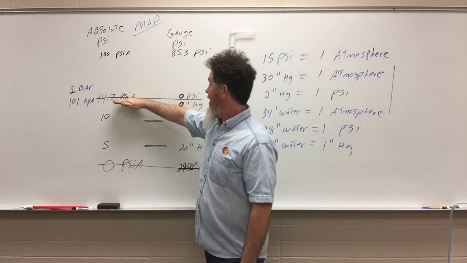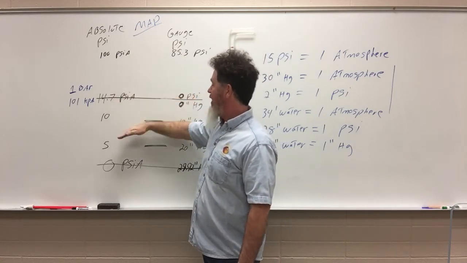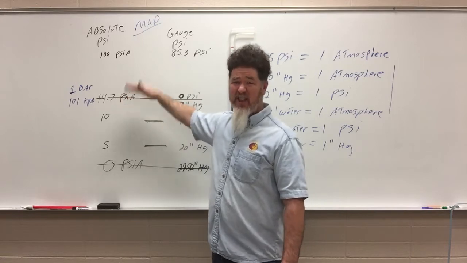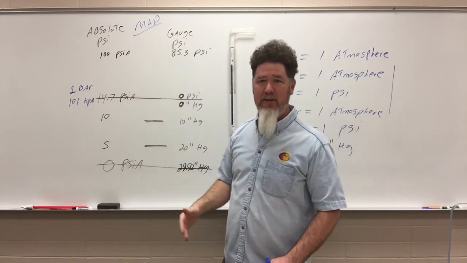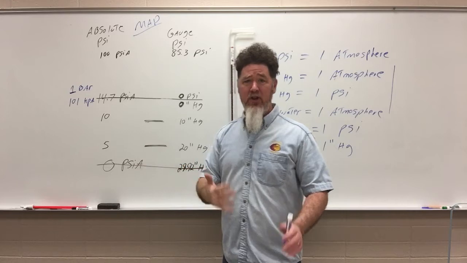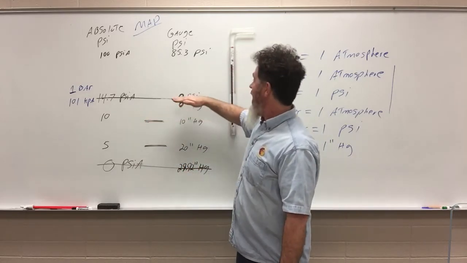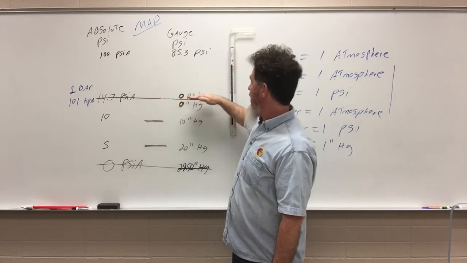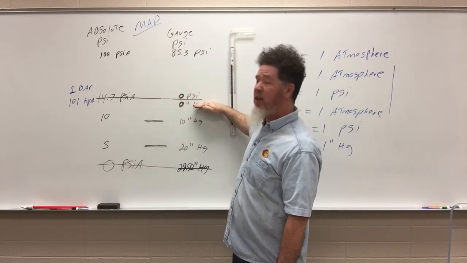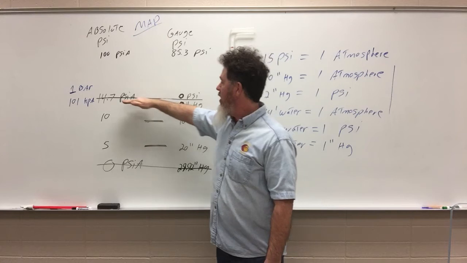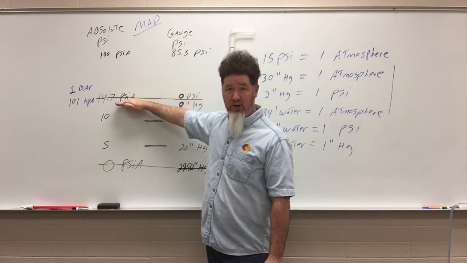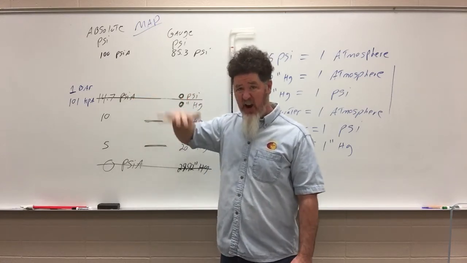If I look at the PSI gauge, which is actually an easier gauge system to figure out, kind of like the metric system versus the US imperial system of measurement. But anyway, at sea level, if I don't have any PSI, if I don't have any inches of mercury, think about your engine that's off. Well, you have 14.7 pounds per square inch of air pressure pushing down in that engine.